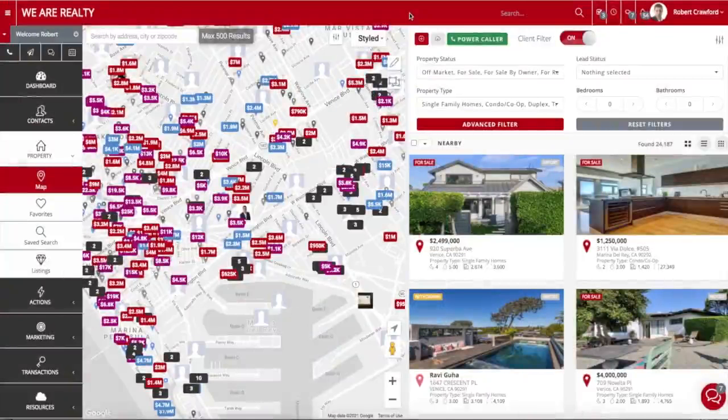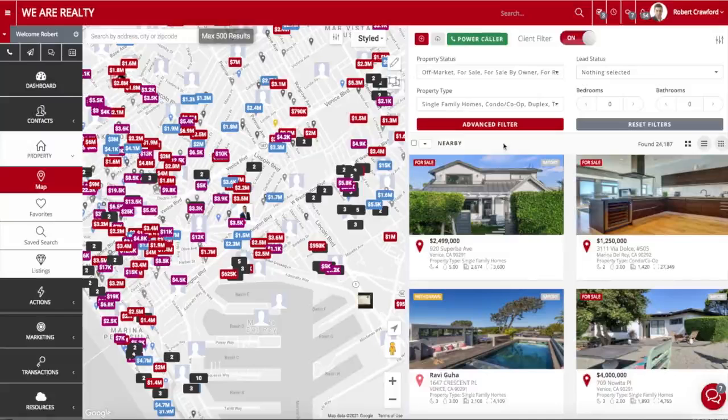Hi, let's discuss the property profile pages, also known as estate pages, within the ARE Realty Real Estate CRM system. This allows you to look at the details of any property, whether it's on the market or off the market. Every property can have its own specific, unique estate page. We're going to be looking at the partner side of the CRM, which has some unique features compared to the